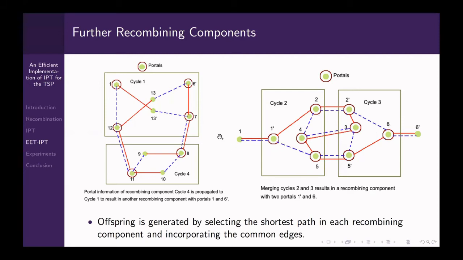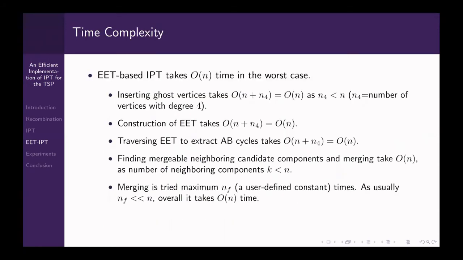Now, once all the recombining components have been identified, we find the shortest subtours from each of the recombining components, join them together, and add the common edges that we removed earlier to get the corresponding offspring solutions. Now, the EET-based IPT that we proposed takes